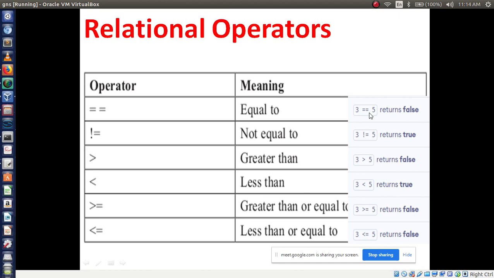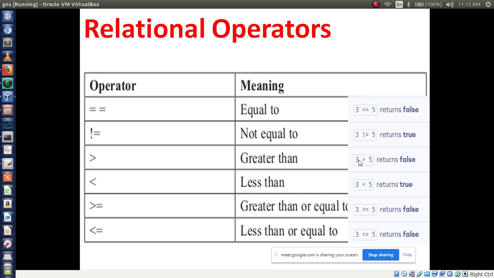True or false? It is false. 3 is not equal to 5, so it is false. Now the second operator: 3 not equal 5. The condition is true.